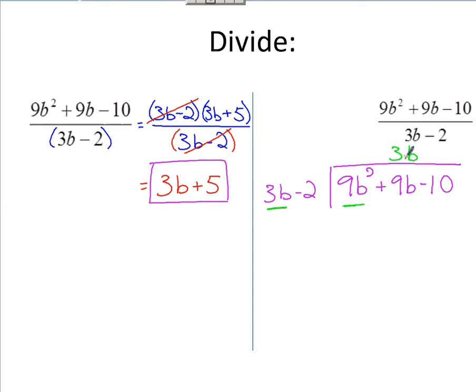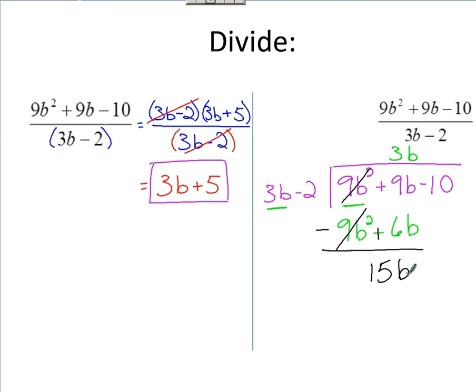And if these were real numbers, I'd be taking whatever I have right here, multiplying to the 3b minus 2. That gives me the stuff that goes down here I got to subtract, right? So 3b times 3b minus 2. Distribute that out. You get 9b squared minus 6b. So I'm supposed to be subtracting that. If I'm subtracting that, got to change these signs, distribute a negative 1 through. These lead terms cancel out. You've got 9b plus 6b. You've got